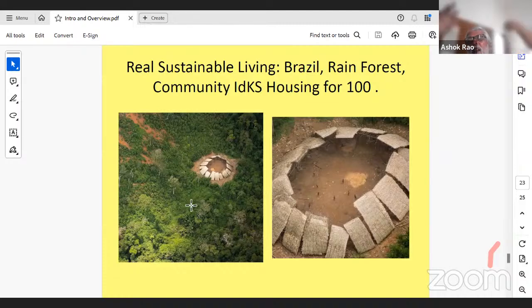Whereas today we destroy everything up to 100 kilometers. Bangalore is a very good bad example. Okay. Delhi is even worse. Washington DC is even worse. New York is terrible. London is a nightmare. So this is in Brazil, a community based on indigenous knowledge system, housing for 100. Now what happens when the house has to be replaced? This is all degradable. If you put it onto the soil, it will degrade. You collect new ones from the forest, build your thatch roof. That's all. Very sustainable.